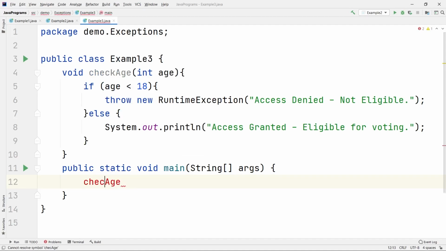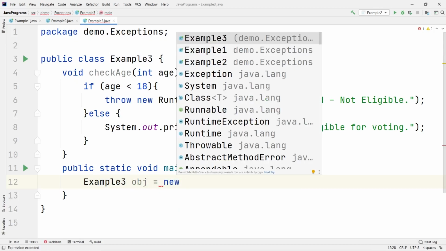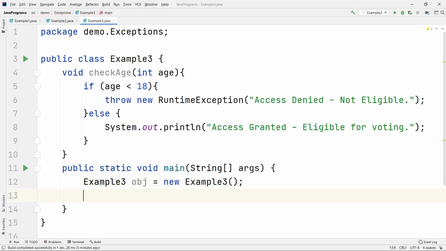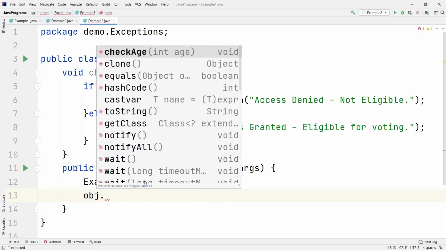Even though I'm writing this, you can see no suggestions. That means if a function is not static, we have to create an object. You know about that, right? So then I will just give you a simple demo about that. If you are not aware of that, the syntax of creating the object is: class name, obj is equal to, we call the constructor using the new keyword, and then we create the object like this. Now if you see, if I use the object or the instance obj dot, I can easily access the